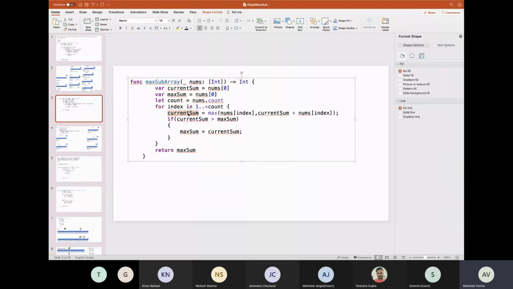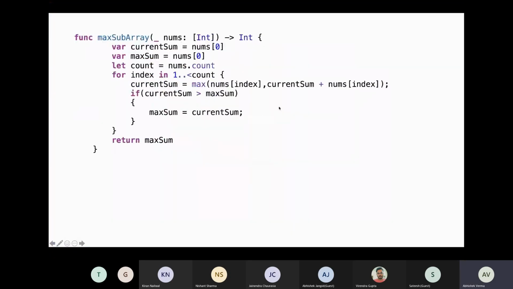The current sum will be either this particular number itself, or current sum plus num index. So current sum will be max of num index and current sum plus num index.